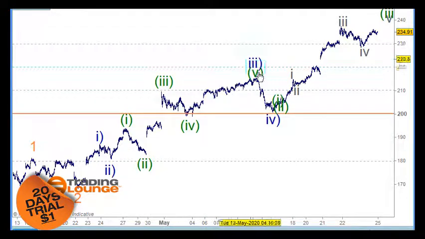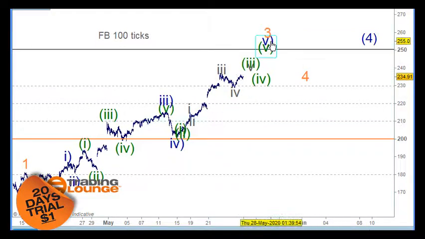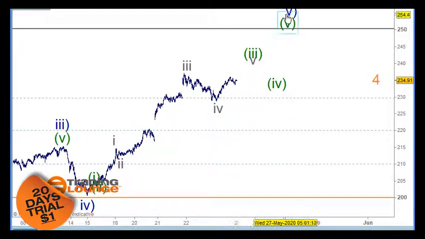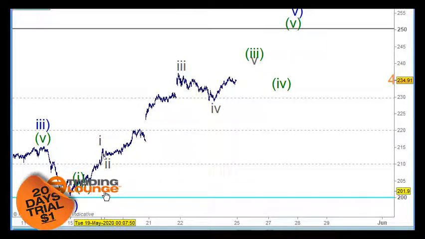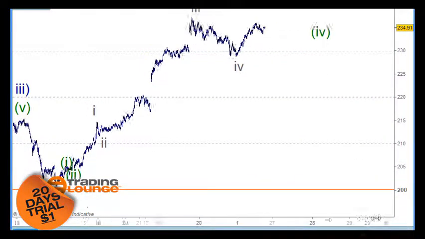So wave 1, 2, 3, 4, and we're going up from blue wave 4 to blue wave 5 up here. And of course, in that space from wave 4 to wave 5, we're also going to need 5 waves. So the green ones here of 1 and 2 here, and it looks a bit sort of tricky here in this case, but let's just,